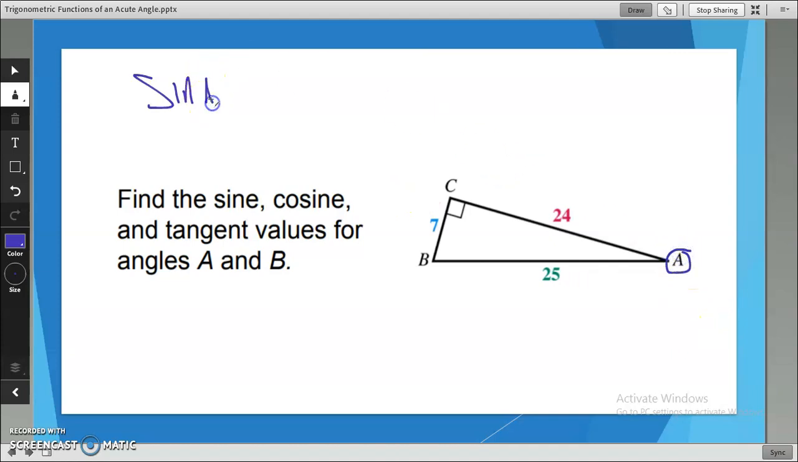Sine of A, sine is opposite. So opposite is 7 over hypotenuse. Hypotenuse is 25. Cosine of A,